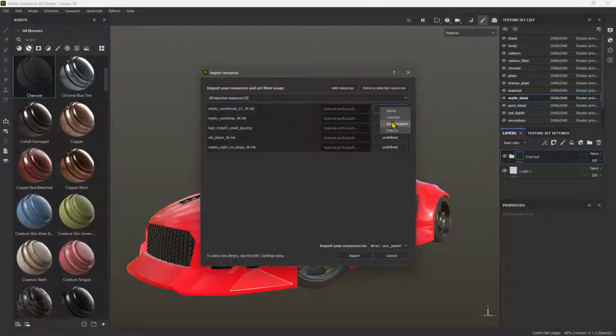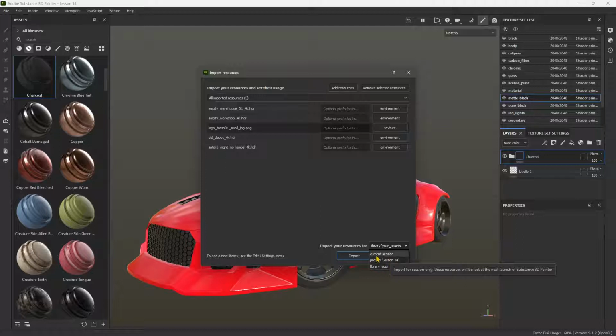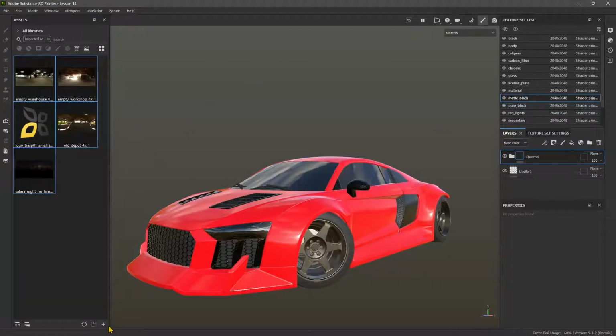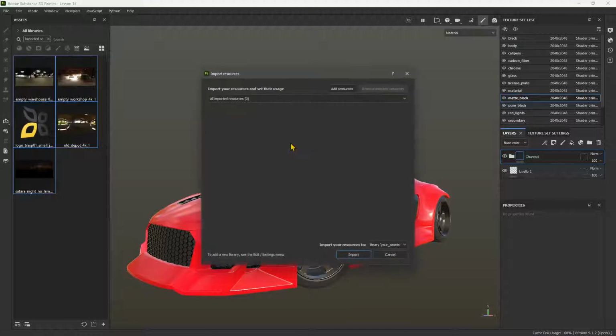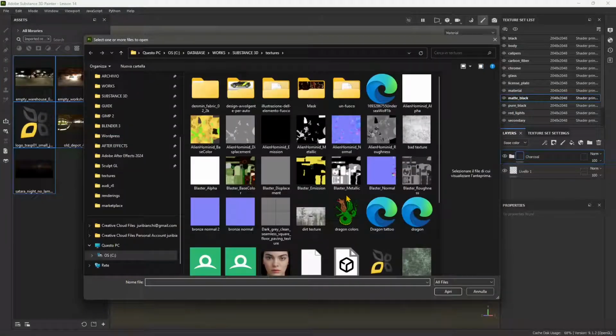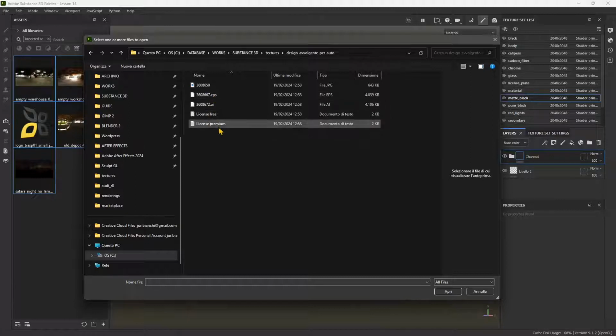These are all environments except the logo here, which could be a simple texture. And I can choose if I want to import in my library again, or in the project, or in the current section. I'm just going to go for my asset, and I'm going to import this first. There you go. And now let's also go import resources. Same thing, but different position. Let's import some of these other free